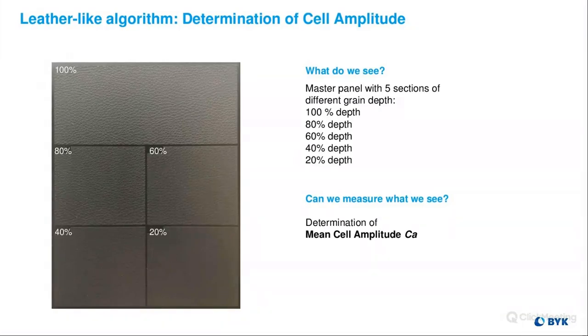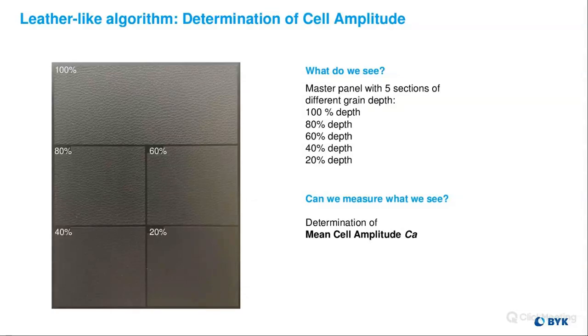All right. So moving on, this is still within the leather-like algorithm, but we have the determination of the cell amplitude. So this is an example here of a master plaque that has 5 different samples on here. And the difference between the sections is the grain depth. So our actual grain depth here. So our big portion is the 100% grain depth, and we see, it's very clear the differences between the hills